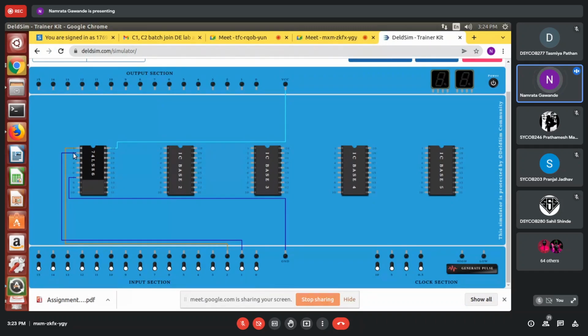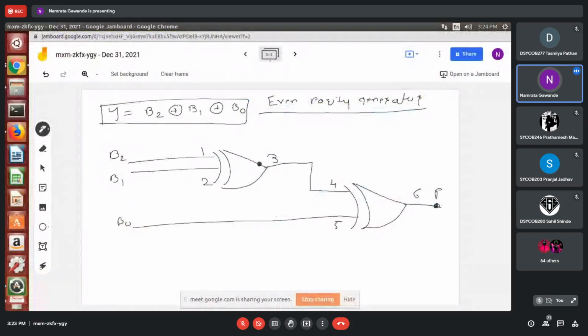Right? Pin number 1 and 2 with B2 and B1. Now, you can see pin number 3 is the output, and I am passing that as an input pin of this XOR gate. That is 4 and 5 are the inputs and 6 is the output.